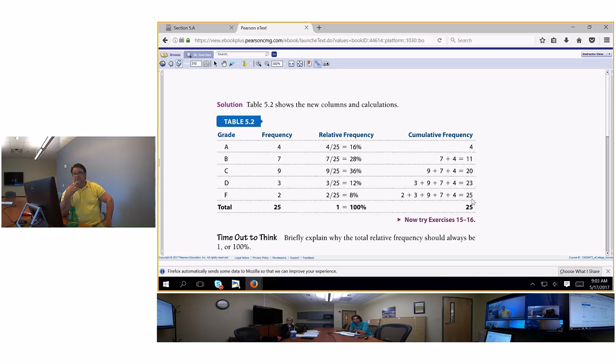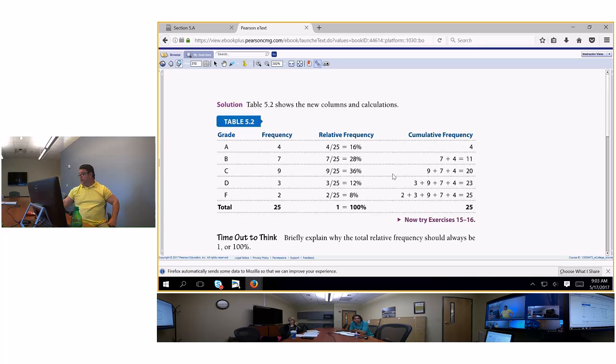See, on the cumulative frequency, it starts with 4, and then 11, and then it's up to 20, 23, and 25. It's skewed right, which means the tail is on the left. But that's not the way the frequency is. The frequency looks like a normal distribution, kind of. Well, the frequency is actually skewed left because of the 7 and the 9. So I really don't understand.